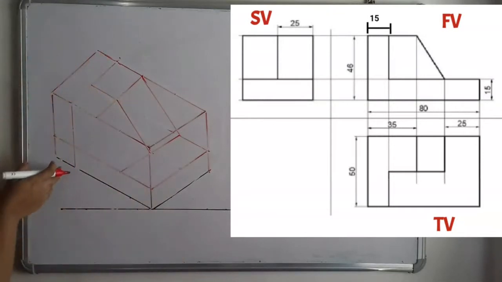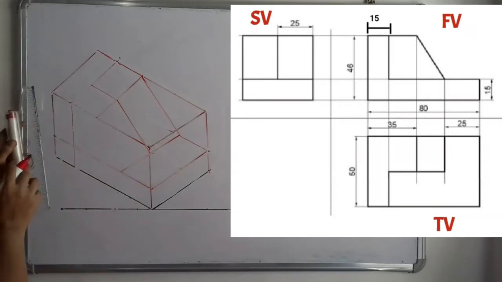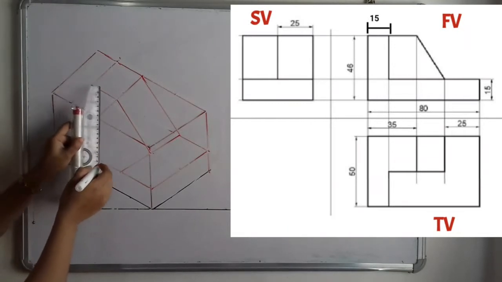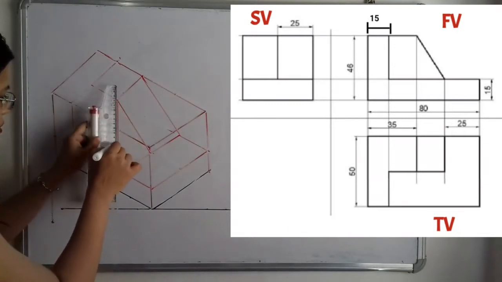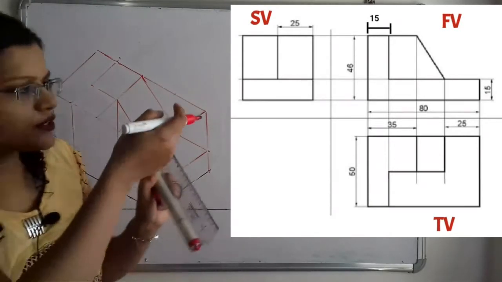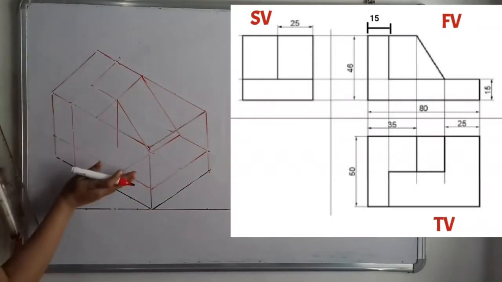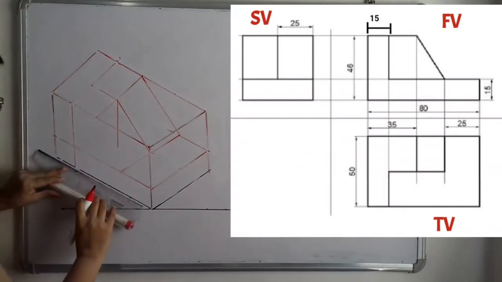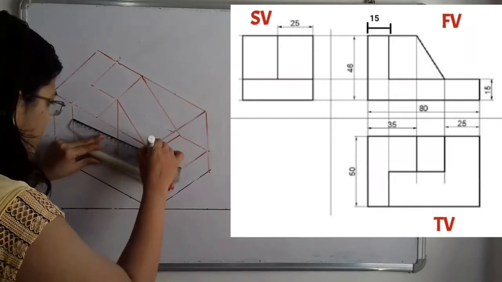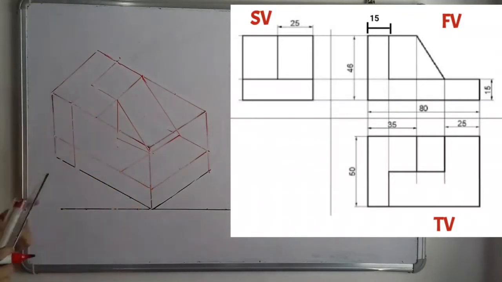That means from the front view, if we observe, we can see clearly the slope. So this is the start point and end point. So at this start point we have to draw a vertical line that will be parallel to the height, because here is the construction, and for this end point, if we observe, we can clearly see that slope. So this height and length are the true lengths for the front view. So we have to draw a line that will be parallel to the length passing through the end point of the slope. So here this is the true shape of the slope that can be seen from the front view.